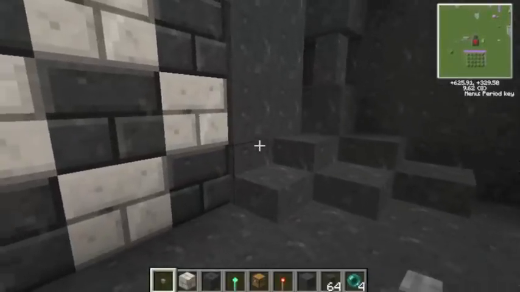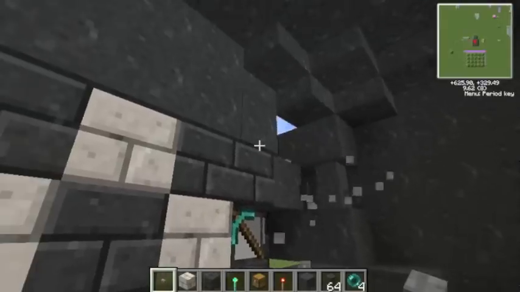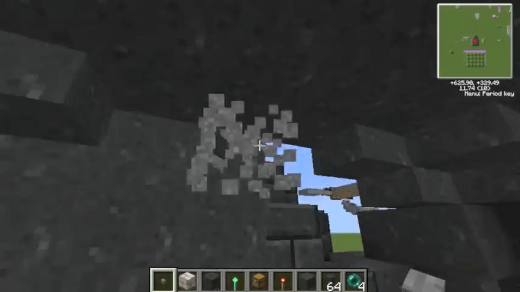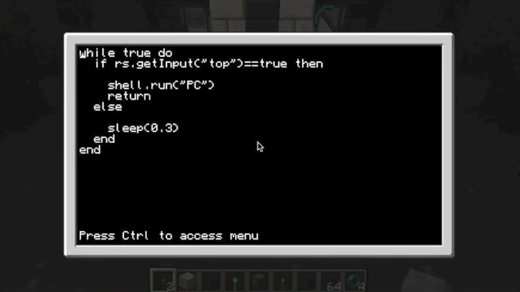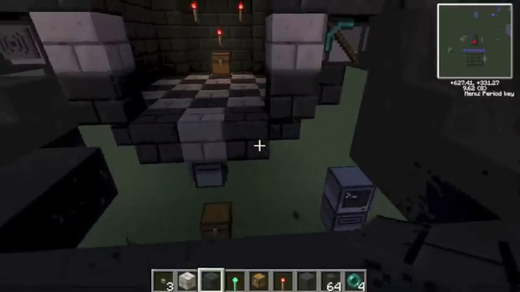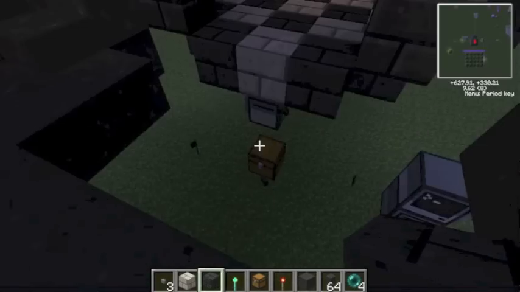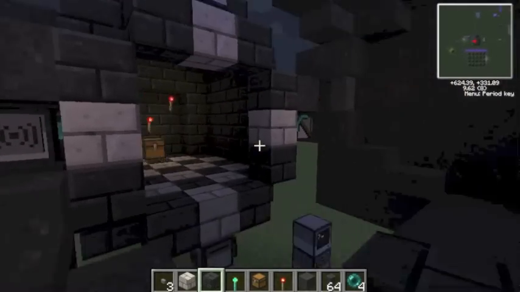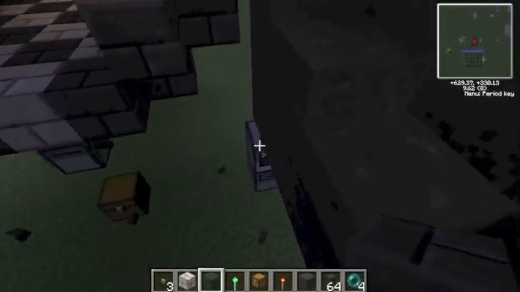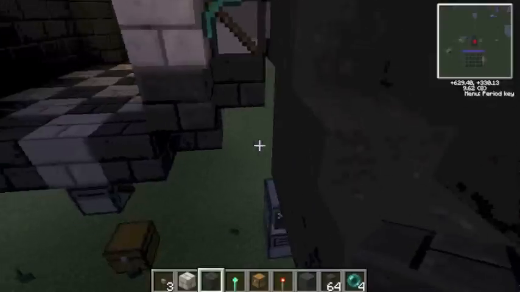I'm just going to quickly remove these panels so we can have a look at what the turtles are actually doing. Right, I'm going to quickly run through the program twice. I'm going to use this computer down here, which is programmed with individual commands, and then I'll go into how we can have these working with only one command. So if I get into this computer here and hit the close command,